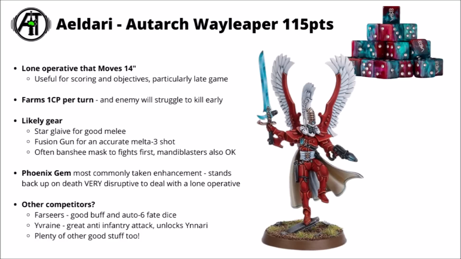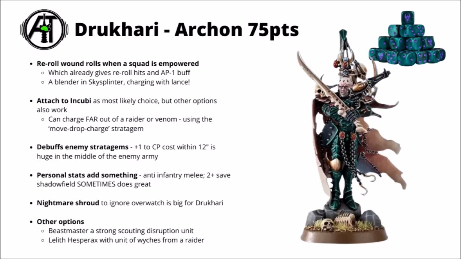Otherwise for the Aeldari HQs, both the Farseers have some interesting buffs on the go, and an automatic 6 on Fate dice can be really nice with things like D-cannons. Ynnari Rain is a really common pick in army lists with a pretty great anti-infantry attack accompanying some Harlequins, and unlocks Ynnari for a bunch of Drukhari with Battle Host rerolls and other fun synergies, and plenty of the other things are really quite usable. From an Aeldari commander to a Drukhari one, next up we have the Archon,